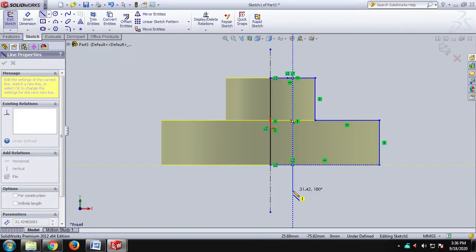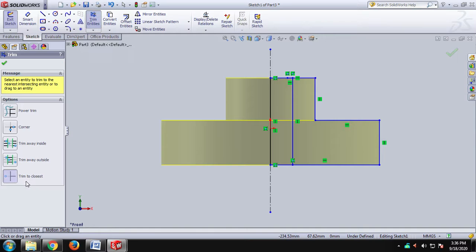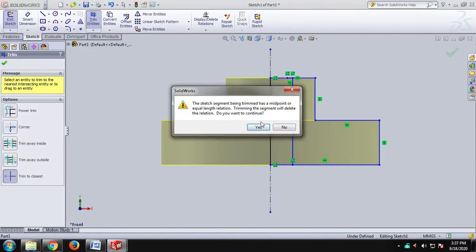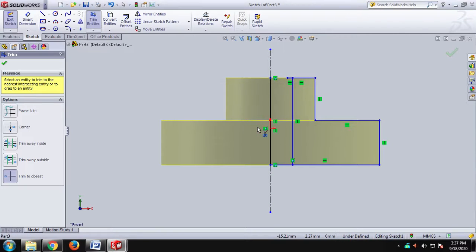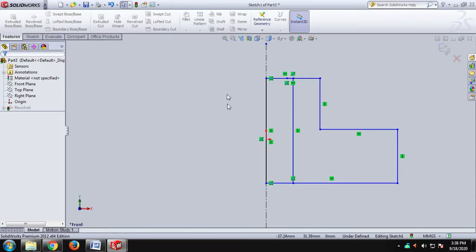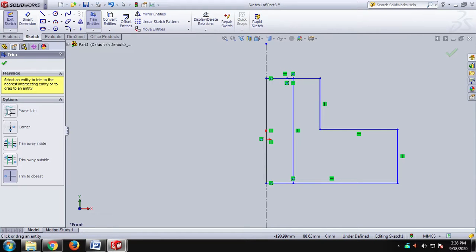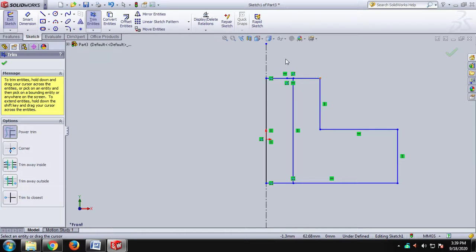Then next we will trim the section. For this we have to select the trim icon. When I give trim, power trim, using this power trim, I will remove the surface from the axis. So now we can see the shape which is some distance from the center line.